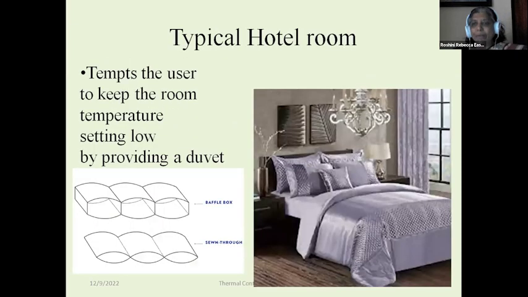Now look at this, a typical hotel room where we go to. So you can see the sheets on the bed. They are not the type of sheets we have in our houses. At least I don't have. So you have this thick quilt-like thing which is called the duvet, and you can see from the cross section that these are insulated. There's something to keep you warm. So if such things are kept in a hotel room, naturally people will tend to keep the thermostat setting lower. And this is uniformly, whatever so-called star hotel you go into, you'll find this kind of bed. They don't put normal bed sheets like we do in our homes.